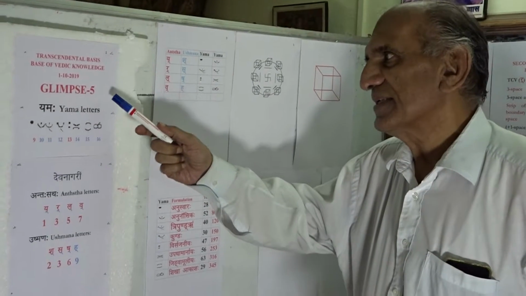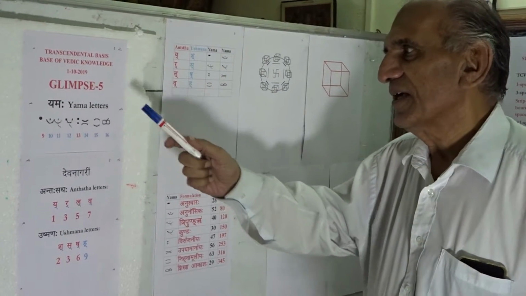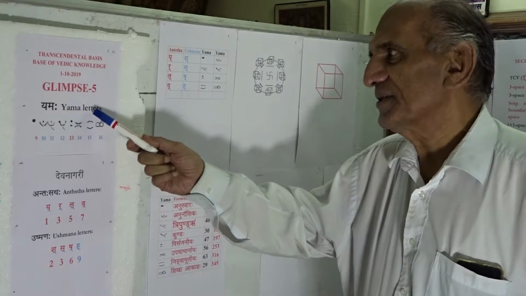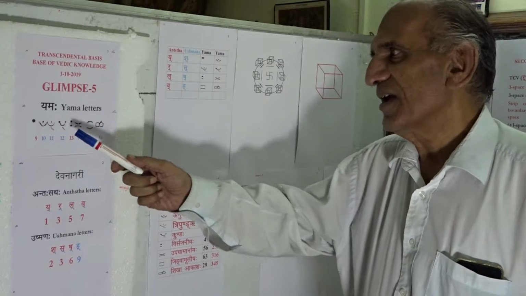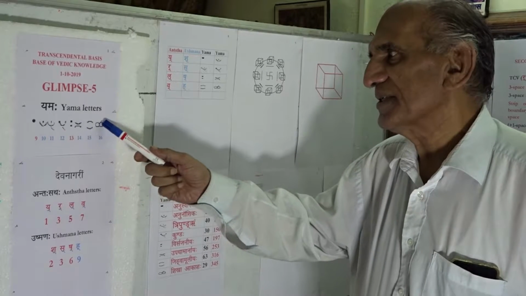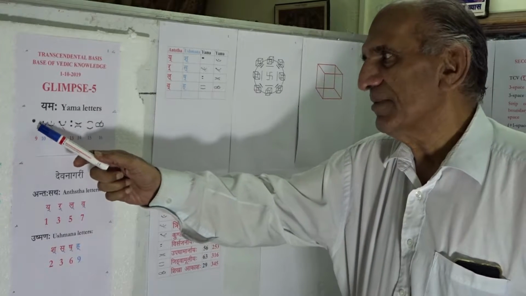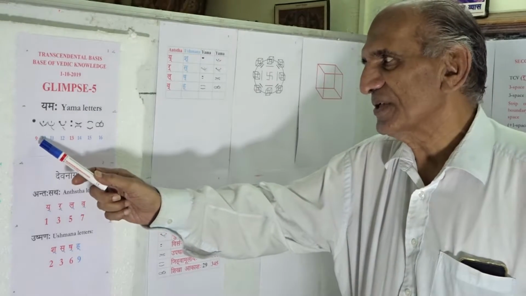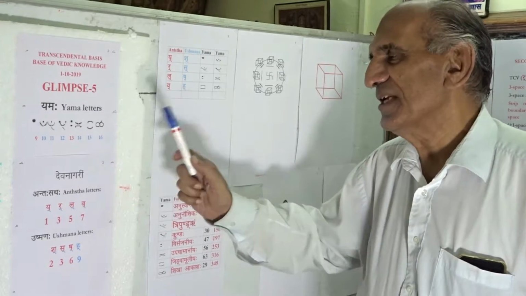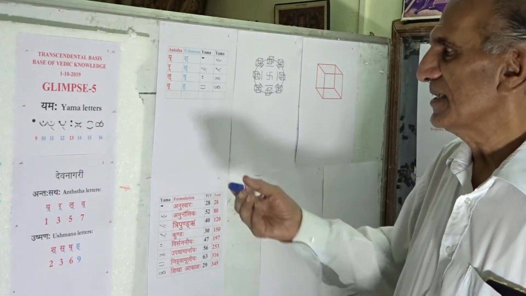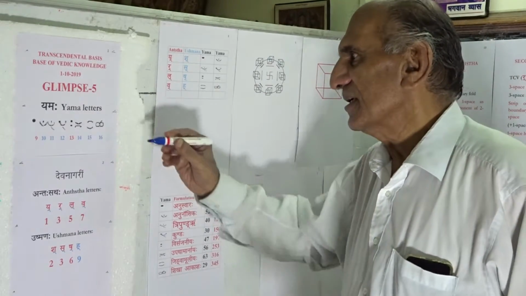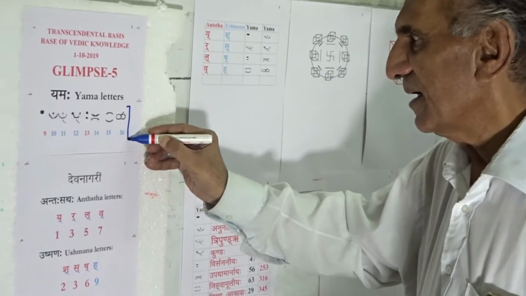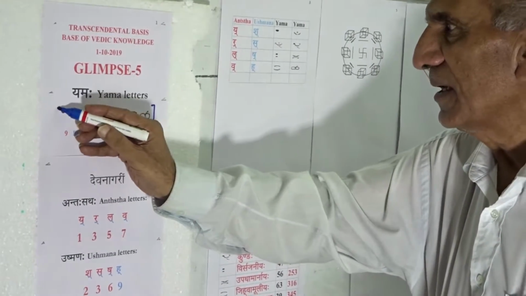Today, as Glimpse-5, we will be face to face with Yama letters. There are 8 Yama letters. These Yama letters accept association of values 9 to 16. These letters are having individual distinct